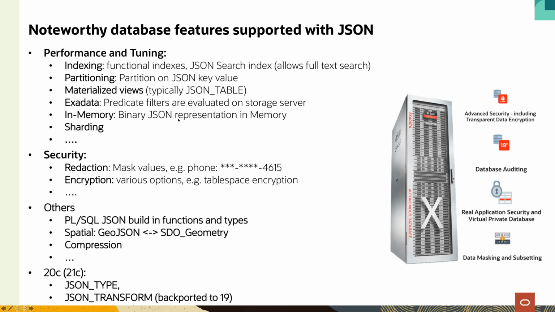So if there's a use case where you think partitioning may make sense, well, you can partition on JSON data. We're able to extract the keys out of it. Or materialized view with JSON table, that's something we see quite often. We have indexes for JSON. There's all these security capabilities that Oracle has that can also be applied on JSON. I showed how you can map relational and JSON. There is a similar possibility with GeoJSON to our spatial data types. There's a one-to-one mapping in both directions possible.